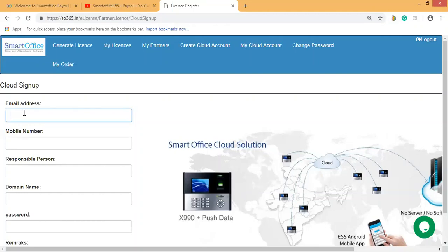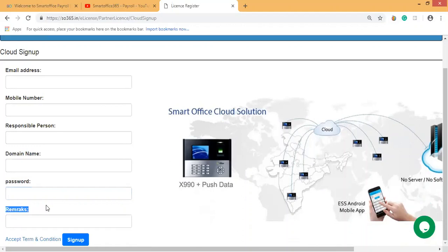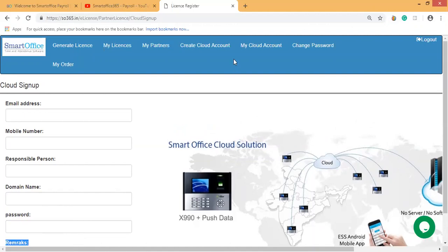So you can give your client's email ID, the mobile number, the responsible person, the domain name the cloud account should have, and the password, and you can mention a remark. When you sign up, a cloud account will be created for your clients. So this is how you can create a cloud account.